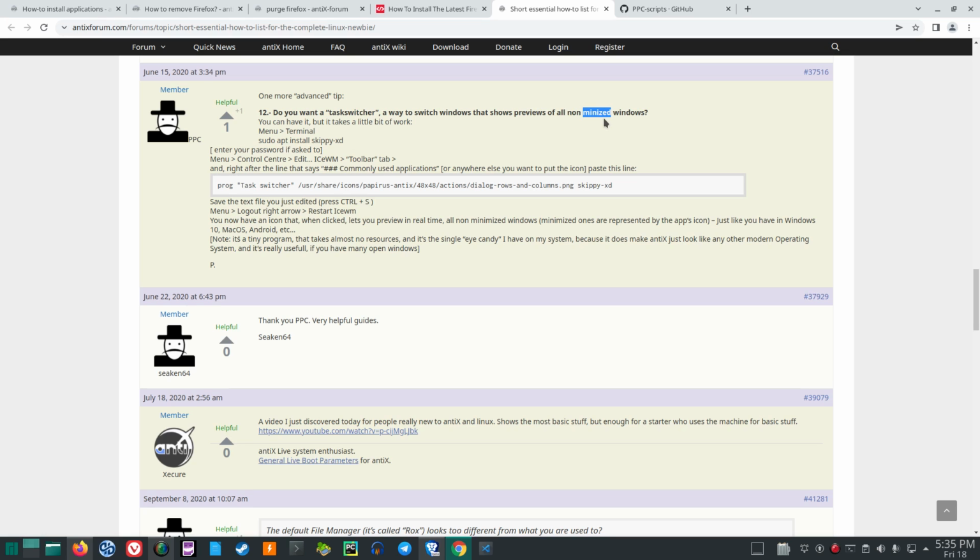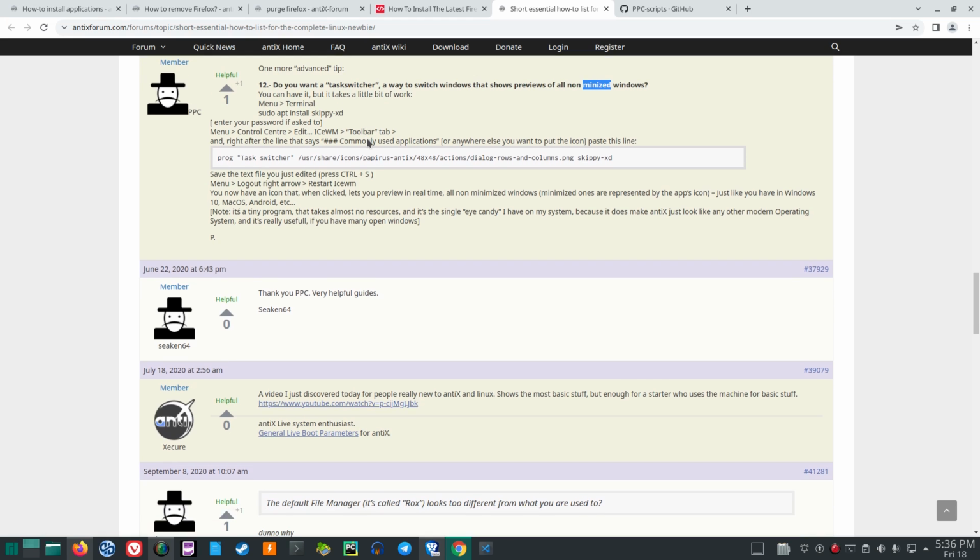Oh, is that minimized, perhaps? Menu, go to menu, then go to terminal. Then sudo apt install skippy-xd. Enter your password if asked to. Then go to menu, control center, edit,